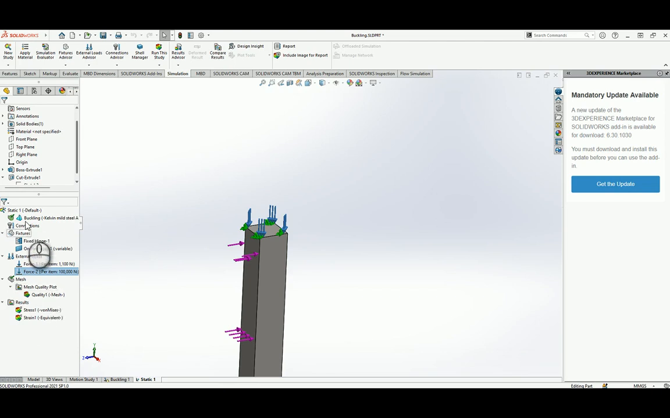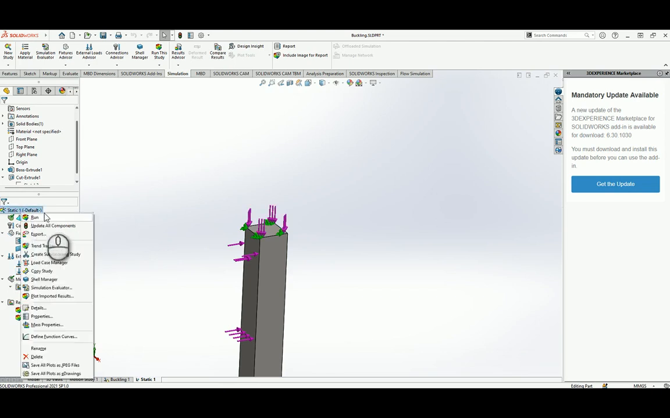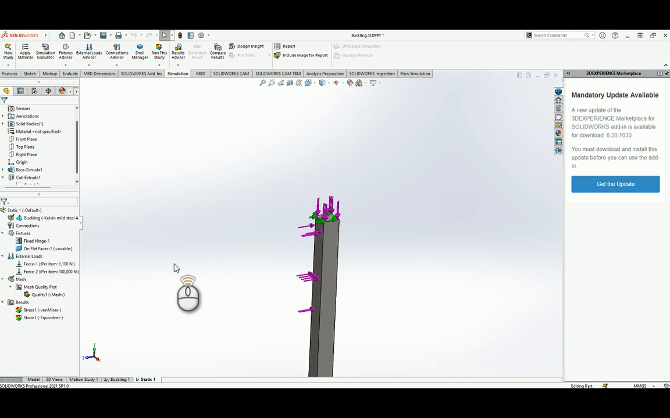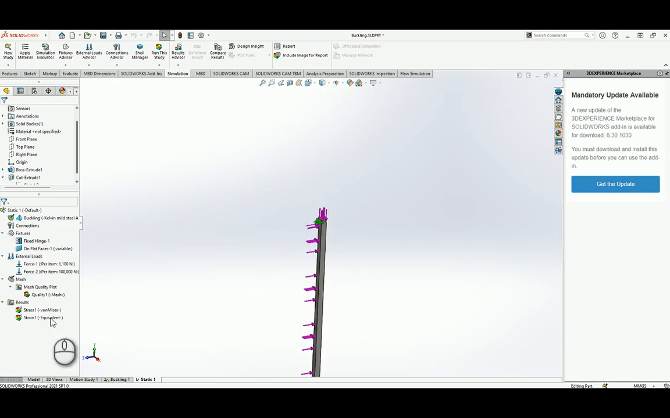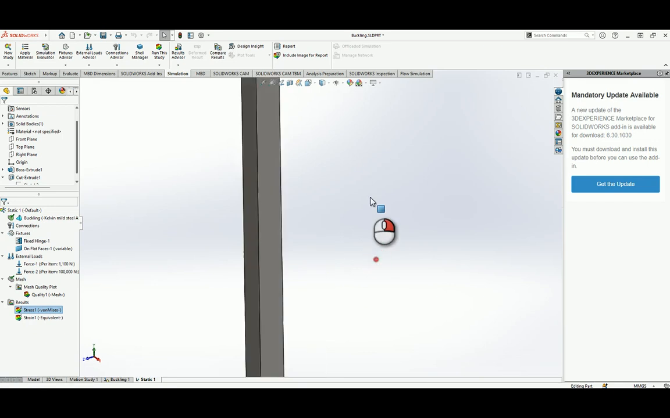Right, then we mesh. Next step now, we right click and we click run. So I already ran it and already have the solution here. The first thing that will show up is your von Mises stresses. So what we are interested in,